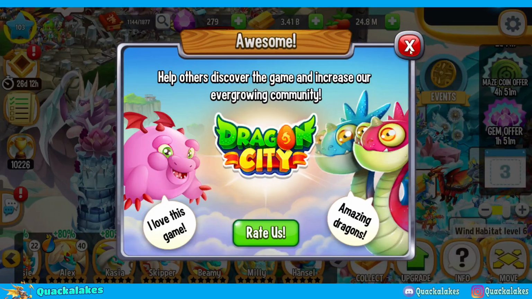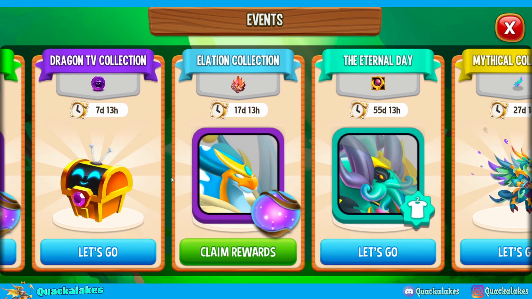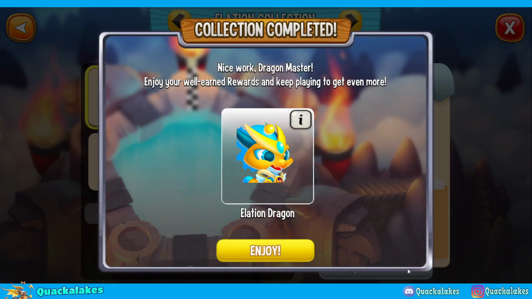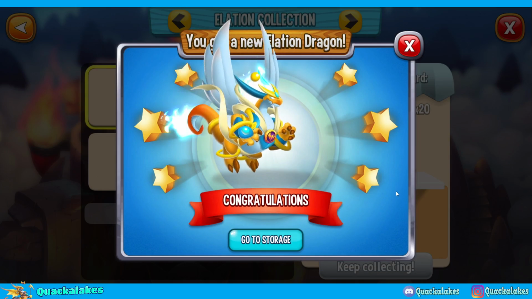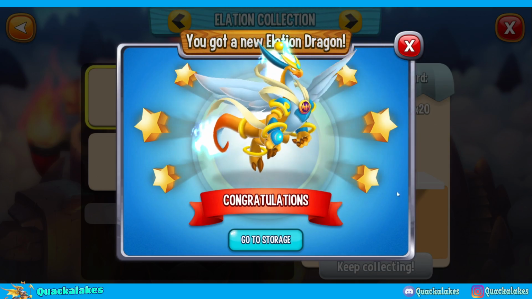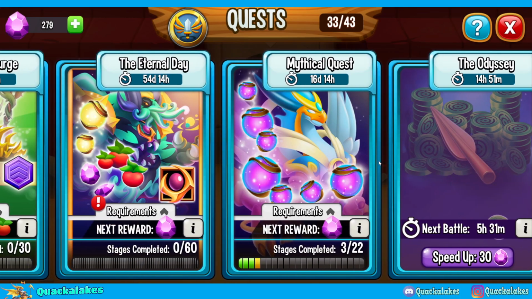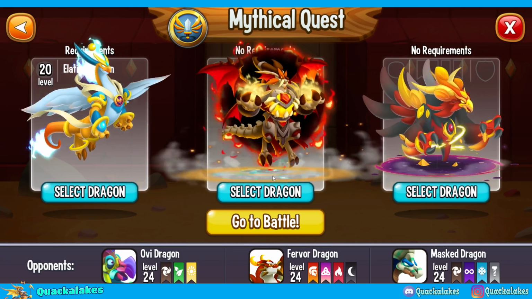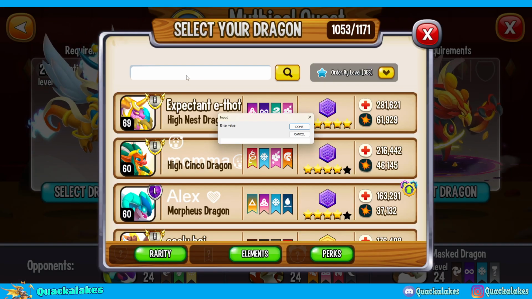But alongside High Ascended Supreme, we did also manage to unlock Elation, and you'll see that now we're at 28 out of 40 of the Elation crystals, which means now we are just trying to hopefully get our hands on these ×500 Elation orbs. On top of that, because we do have Elation, it does mean that now we can do the mythical quests for the Elation dragon,